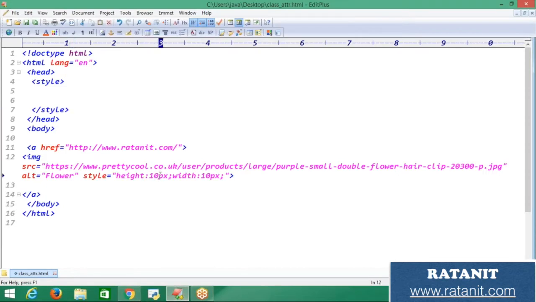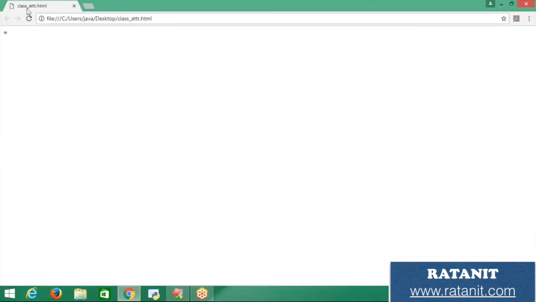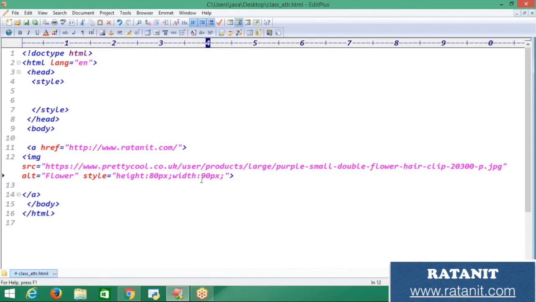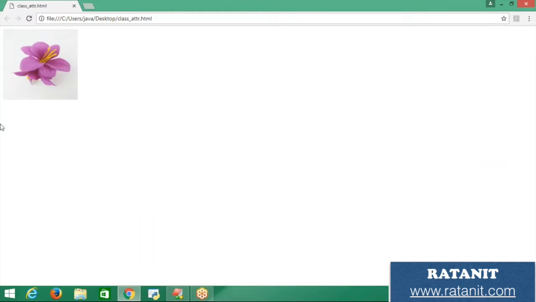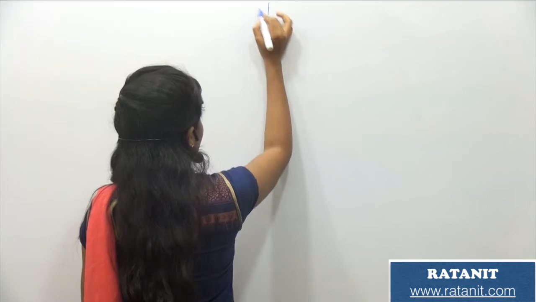In place of 10, make it 80 pixels, and then 90, something like that. Just change the height and width, and now see, the image is bigger. Like that you can change your image size. Okay, keep 190 by 180. Now see, it is some more bigger in size, right? This is the way you need to change the height and width using the style attribute.